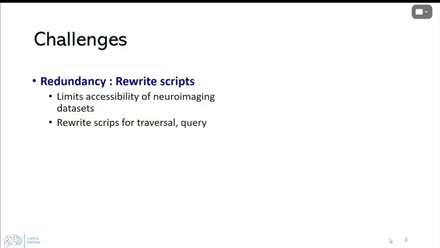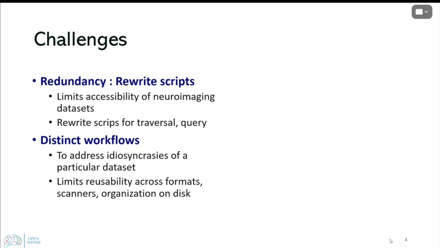First of all, to navigate this maze of neuroimaging data, researchers have to rewrite scripts repeatedly, and it's not just time consuming, it also limits the accessibility to neuroimaging datasets. These redundant scripts can act as barriers, which can also restrict our access to valuable data. So each dataset has a unique workflow, and customizing scripts to address the idiosyncrasies of each particular dataset is not a very good approach. The downside is evident: the customized scripts are not reusable across different formats, especially with different data